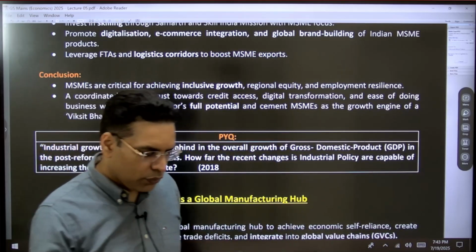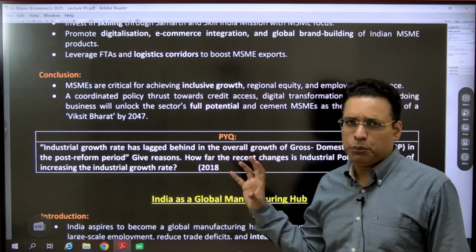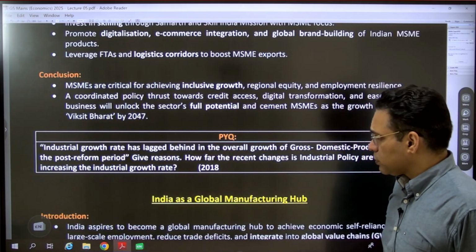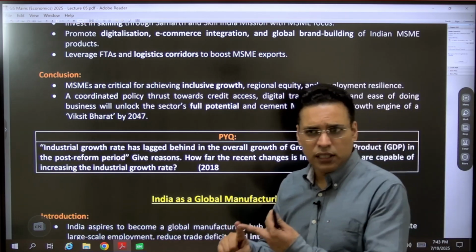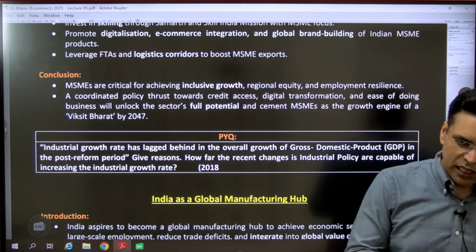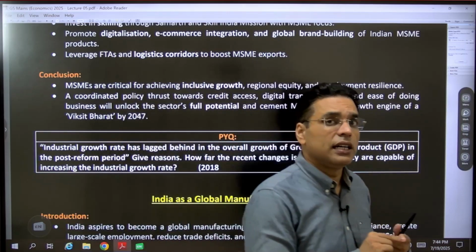So growth rate of Indian economy is around 6 to 7% and industrial growth rate भी little पीछे है because service-led growth rate India में रहा है. Okay. So what are the reasons? The same reasons are there. High logistic cost, a poor infrastructure, a lesser technology adoption, a weak MSME sector, capital intensive growth, lack of